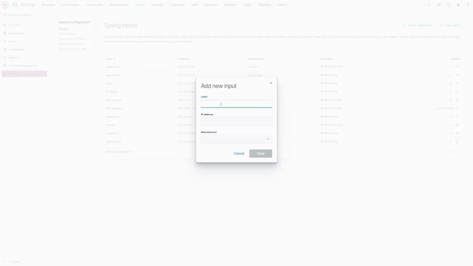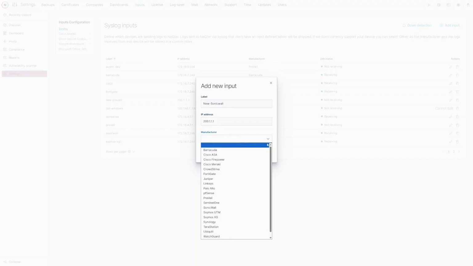So we'll give this a label of new Sonic Wall, and we'll just put a dummy address in here. And we'll go to manufacturer where we can find Sonic Wall on the dropdown. So as you can see, we have quite a few different name brand or major vendor firewalls supported here, or some other ingestion too. Like for example, we support integration with Sentinel-1, the EDR